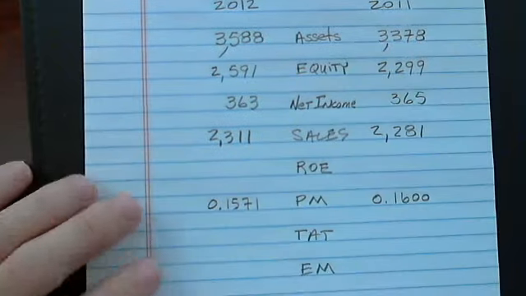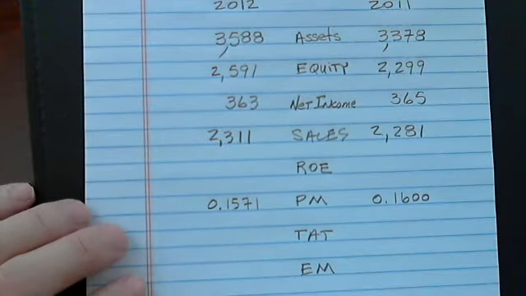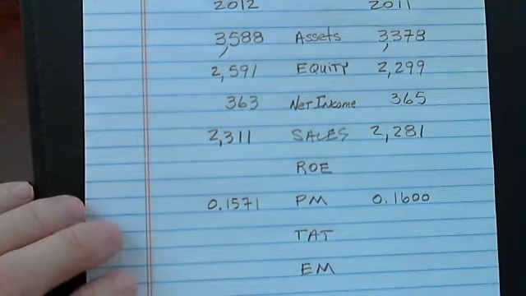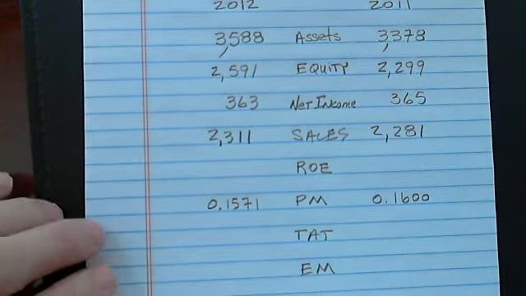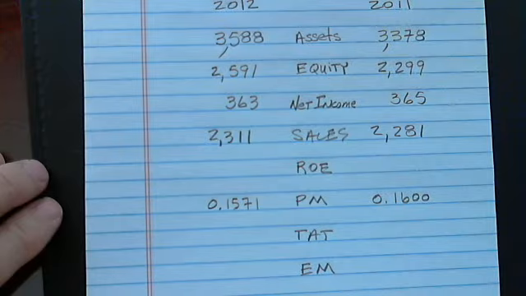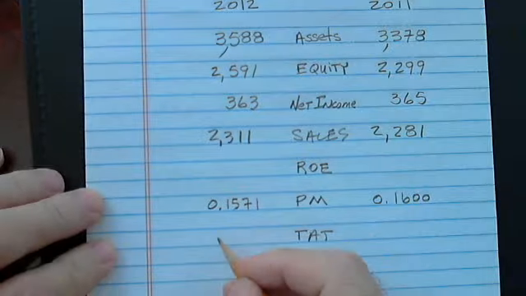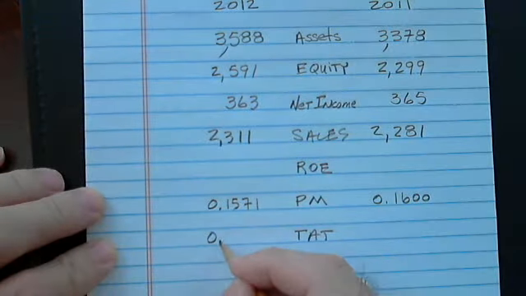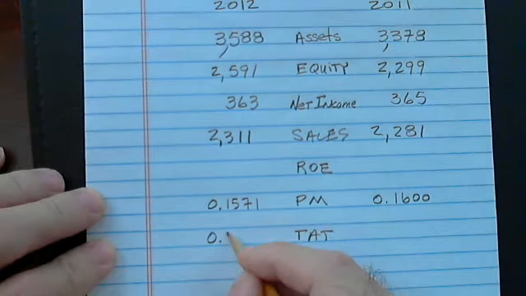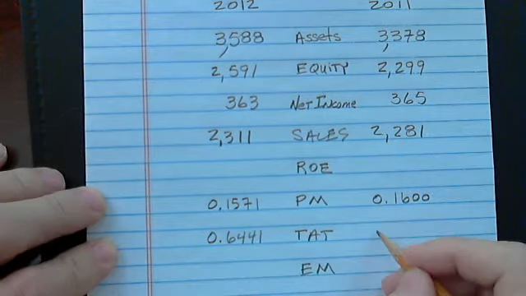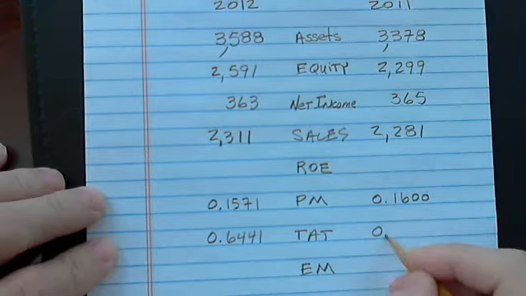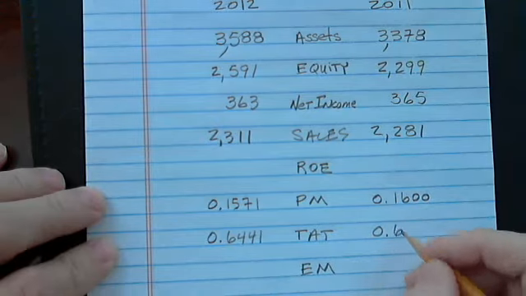Total asset turnover is sales divided by assets. Remember, that's how hard our assets are working to generate sales. That's what that tells us. So sales divided by assets. In 2012, sales divided by assets is 0.6441. And you should verify these numbers, make sure I'm not making a mistake. In 2011, total asset turnover was